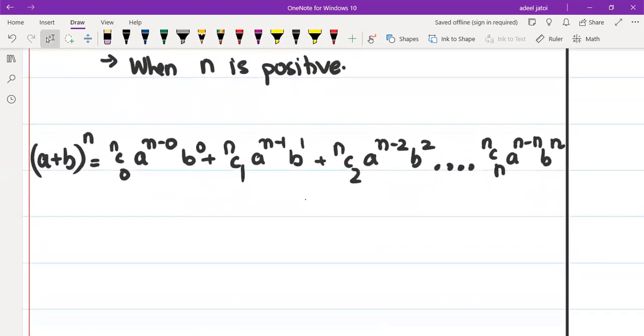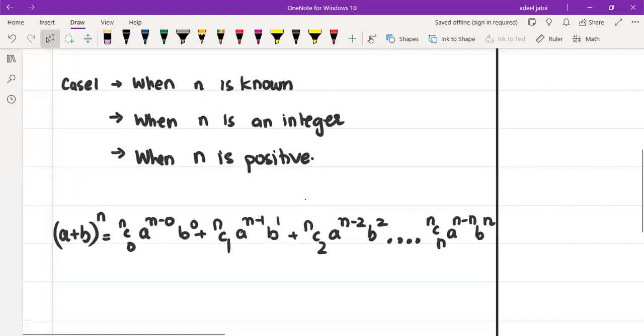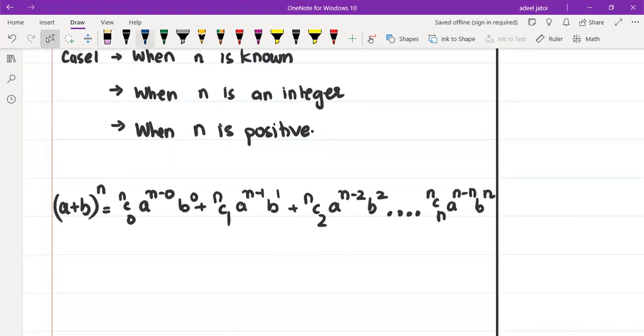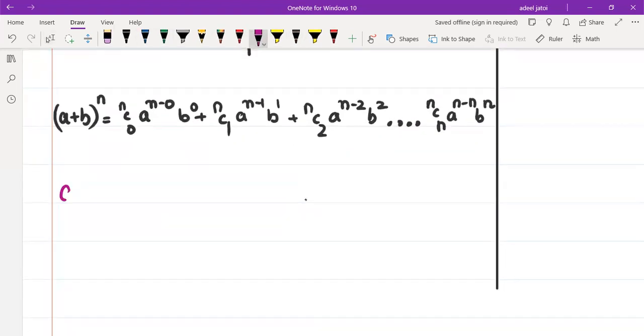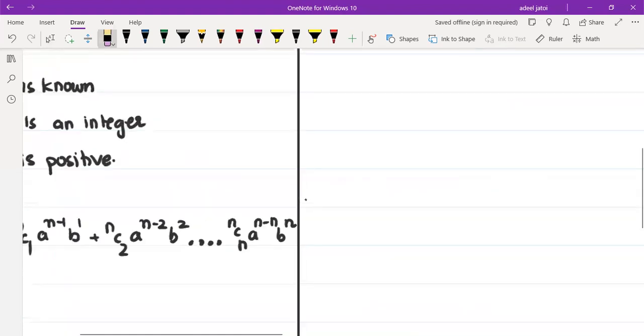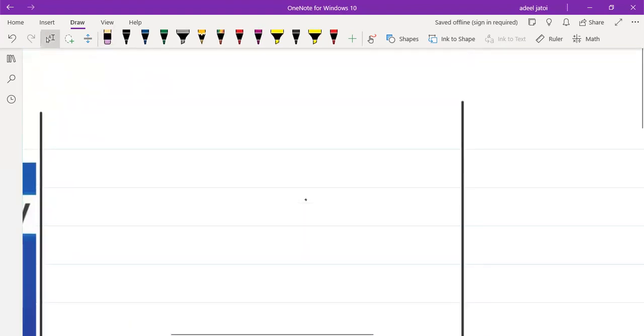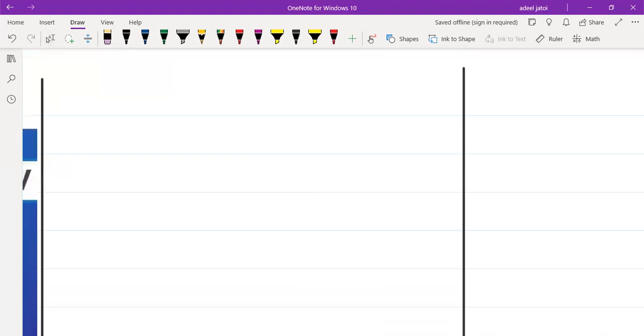So this is one formula that will be used when n is known, when n is an integer, and when n is positive. And n here is the power. Considering the other formula that can be used as case number 2, which will be when